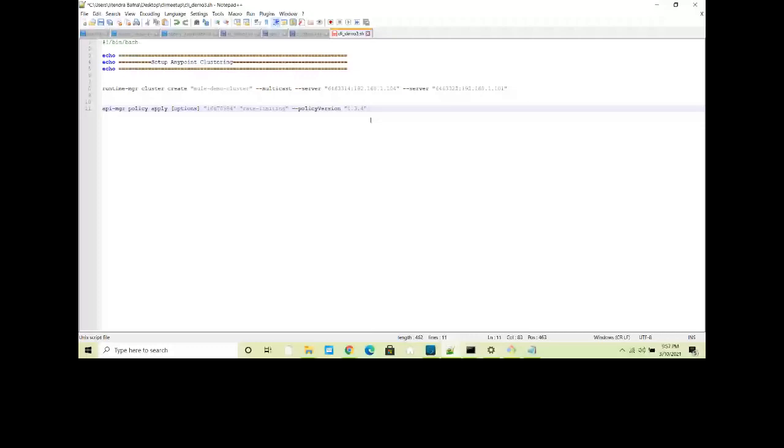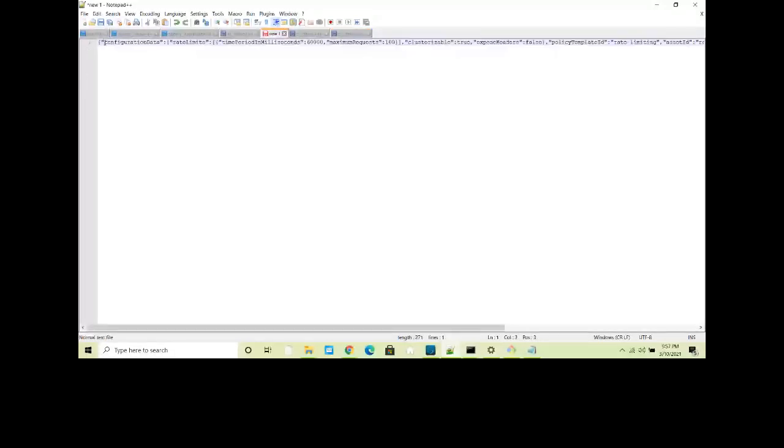Generally, when you pass the data, you have to pass the JSON message. The first tag is always configuration data, and then the rate limiting fields. I will share those over the mail, like how you can find these payloads and everything. So you can pass the group ID. These are parameters you have to pass with each and every policy when you are applying it automatically.